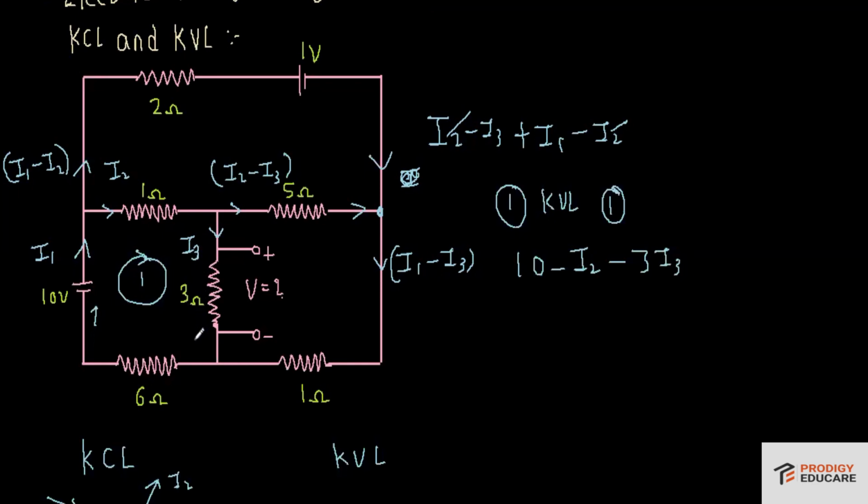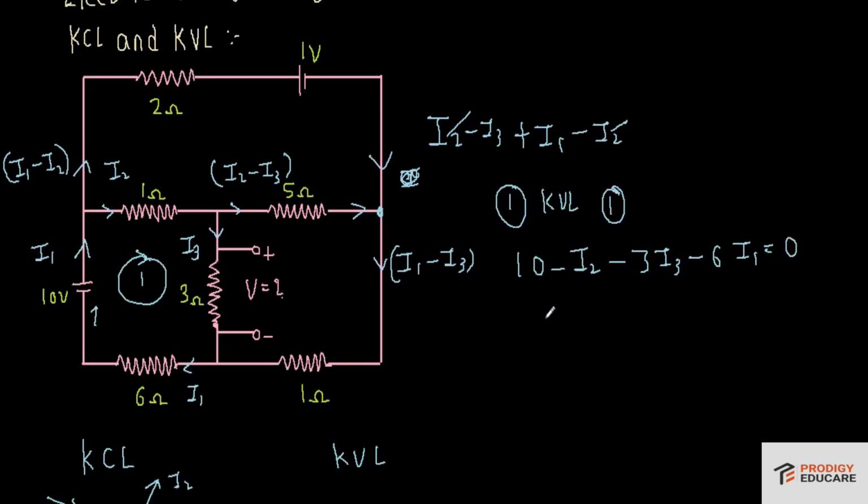And then again here, the same as I1 is flowing. Now if I just sum it, like I3 plus this current I1 minus I3, this plus I3 minus I3 will get cancelled and I'll simply get I1. So in this case, I'm going in the direction of I1, so I'll write minus 6 times I1. Now this will become equal to 0 according to KVL.